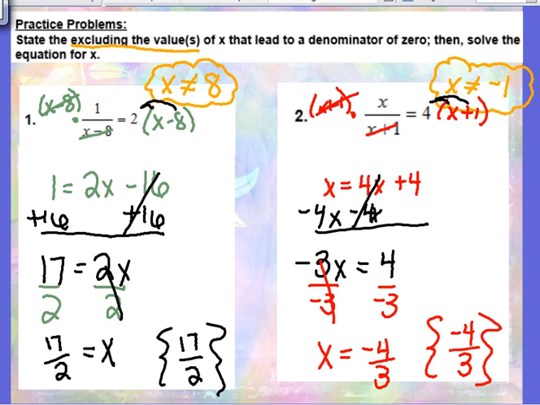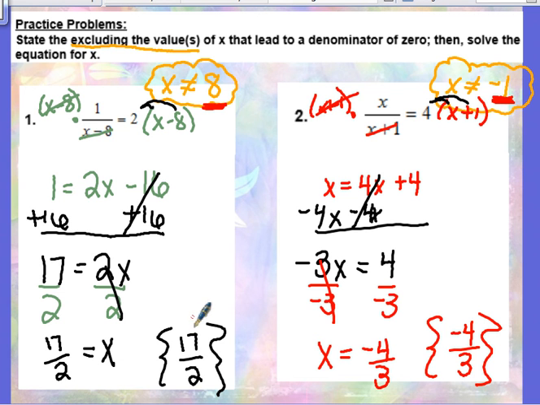So here are the answers for number 1 and number 2, and I apologize, I did not mean to write x cannot equal 0 over here for number 2. It should really be that x cannot be negative 1. For number 1, x cannot be positive 8. When we solve,